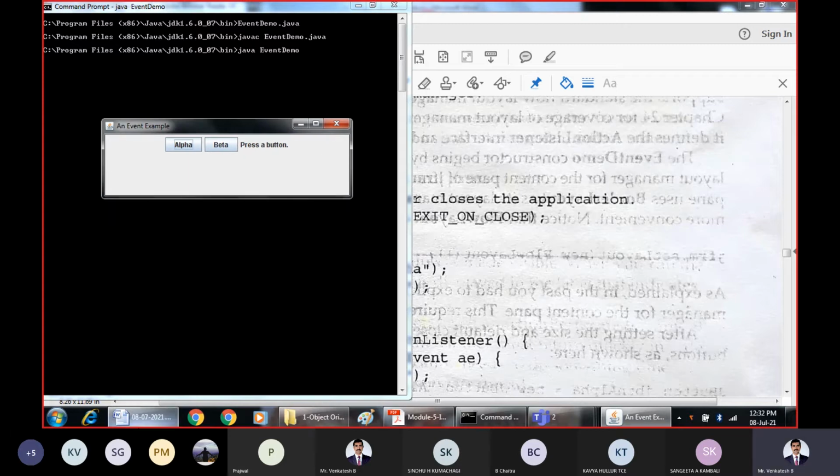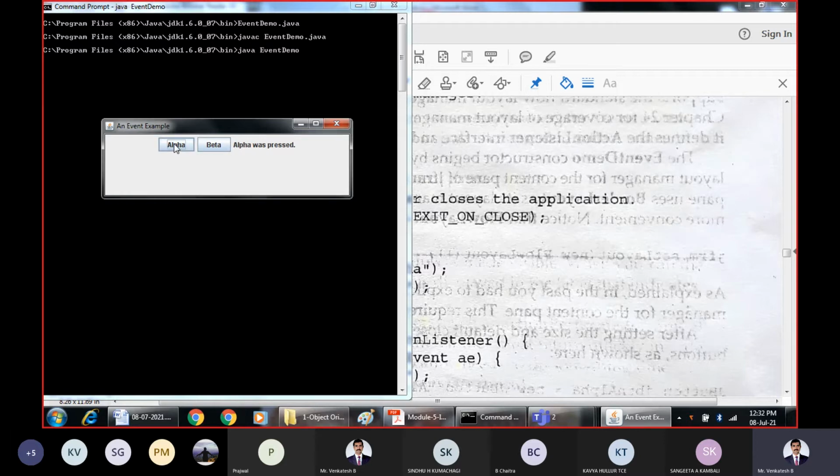The container is an active entity. Now we are giving a message to the user saying press any of the buttons. If you press alpha, you can see the text message changed here. That is the corresponding action.